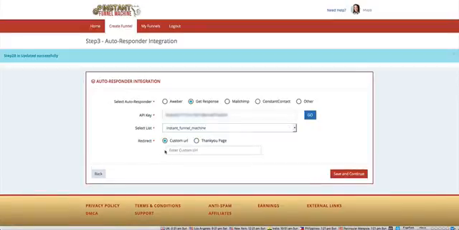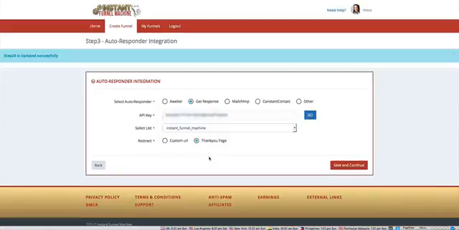So let's say they have the basic package where they can only create the squeeze funnel, nothing else on the back end, but they already have a sales funnel. They can put that sales funnel information in here and it will completely send them into their funnel. Or they can send them directly to our thank you page that we've created and designed to work fluidly with this software. Now we're just going to leave it with a thank you page for now, and we'll hit save